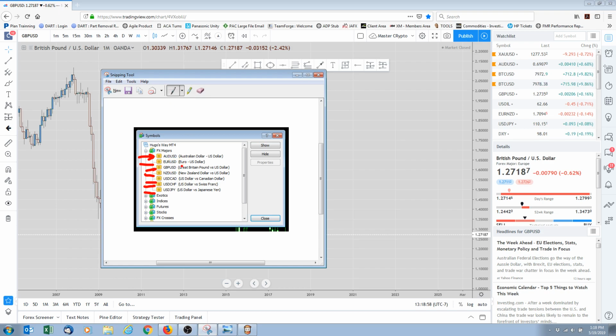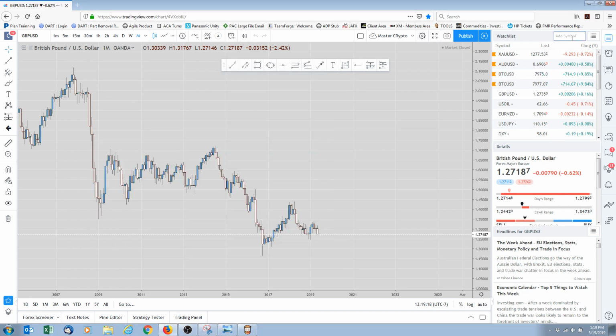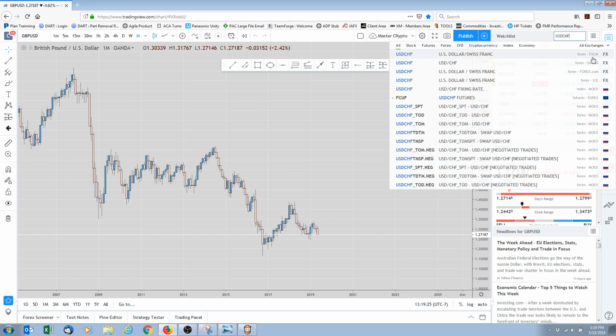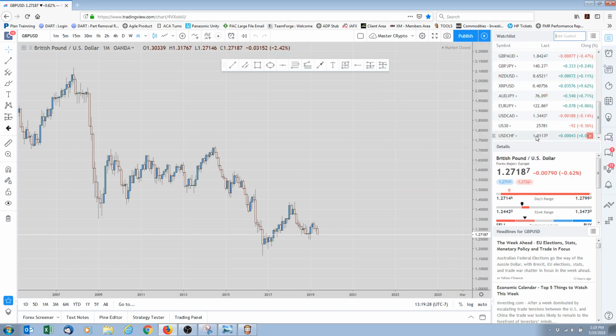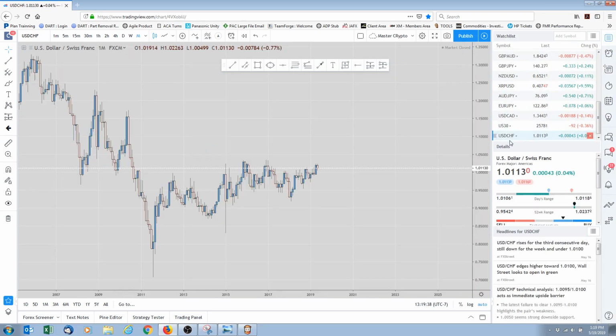But all of these pairs: AUD USD, EUR USD, GBP USD, NZD USD, USD CAD, USD CHF, USD JPY. I want you to go over here to add symbols, and type in each one of these, AUD USD, and add it. So I'm going to go USD CHF, and you can just pick the first one, click on it, and see, it just added it right here. So in the future, if you want to quickly change charts, now that it's saved here, you can just click here and it'll load. See right here, it loaded USD CHF, which is the Swiss franc,